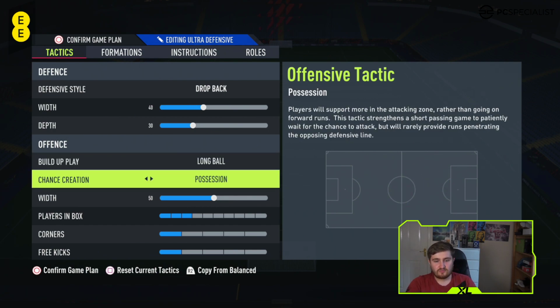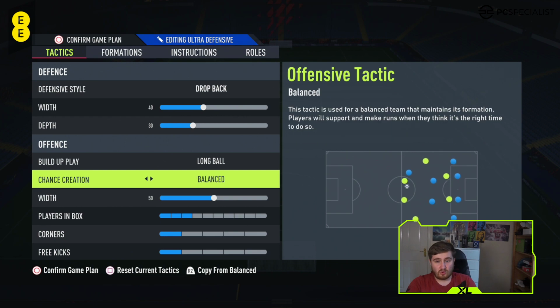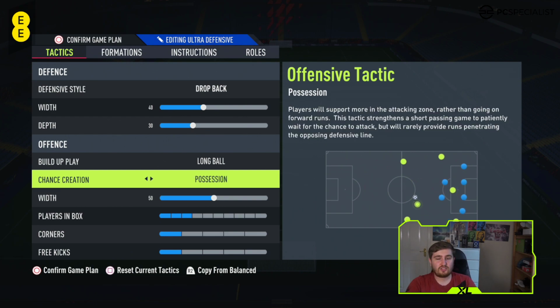Chance creation. We've got balanced. That's what I'm using for the most part at the moment. Possession. A lot of these, you think, work more in tandem with some of the build-up play. I'm going to have to experiment, try a few different ones, see how they work. But for now, I'm using balanced for the most part, and that seems to be working. Possession, the last few years, hasn't worked for me in the sense of all it's done